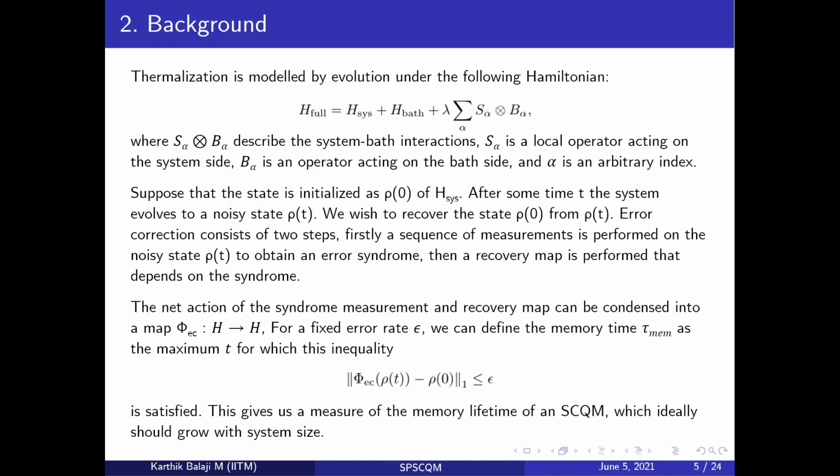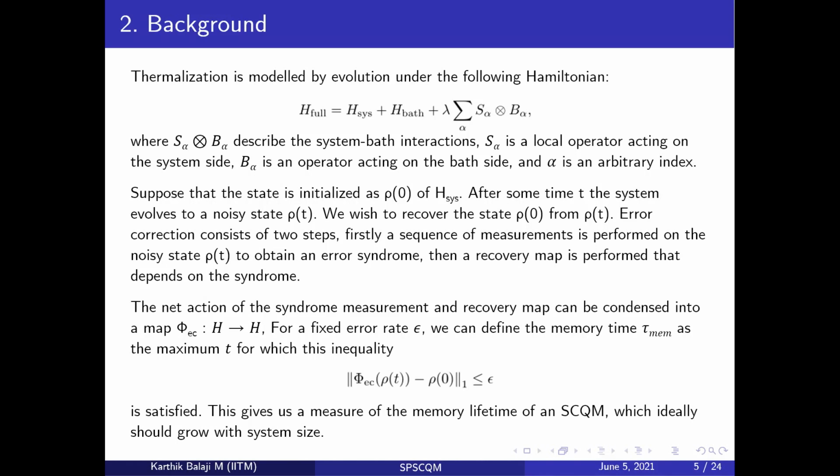Now, assume that the state is initialized as rho 0. After some time, it evolves to rho t. We wish to recover rho 0 from rho t, which can be done by error correction, and it consists of 2 steps. Firstly, a sequence of measurements is performed on the noisy state to obtain an error syndrome. Then a recovery map is performed that depends on the syndrome. The net action of the syndrome measurement and the recovery map can be condensed into a single map,